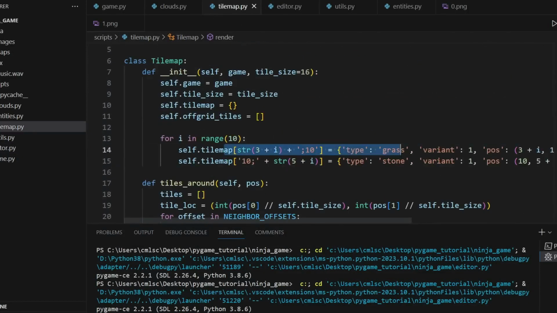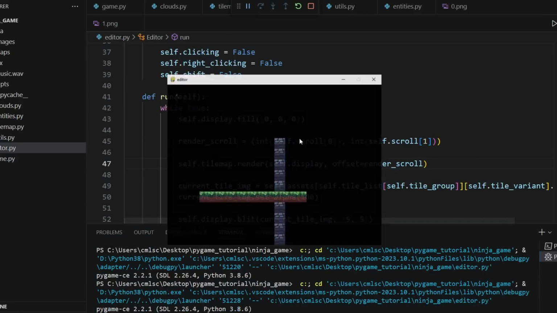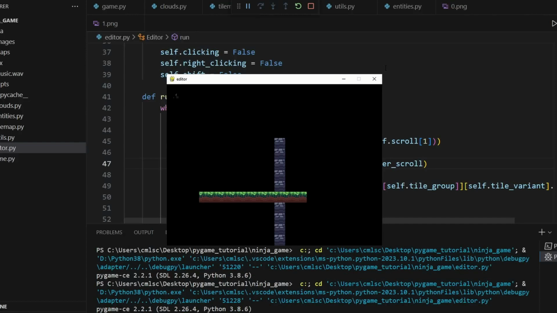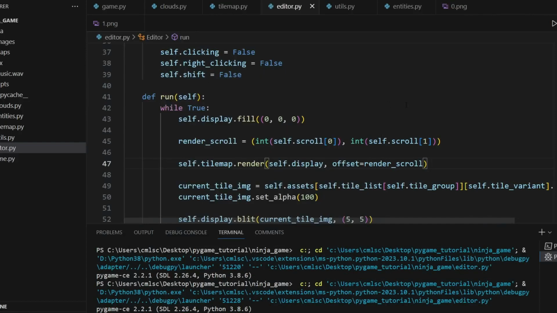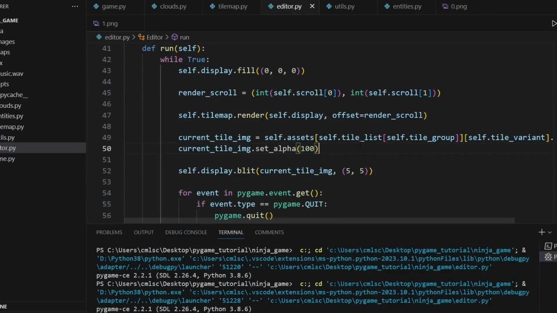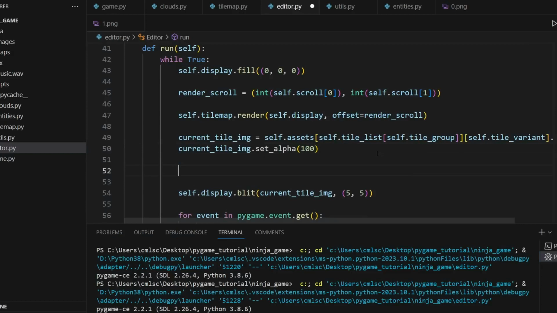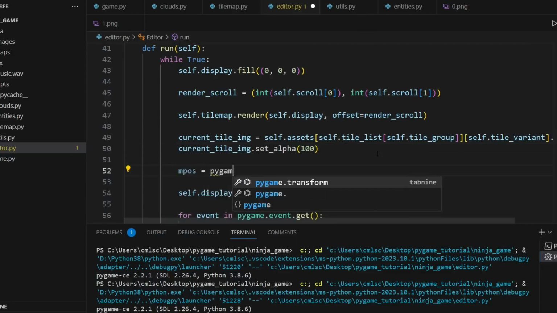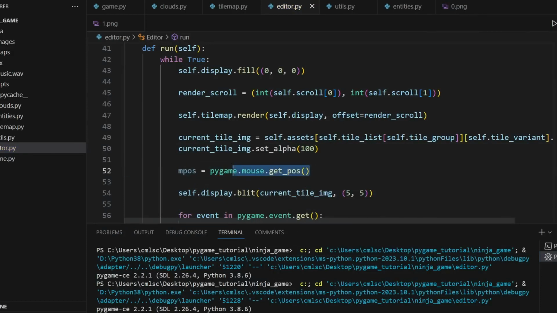We have this code right here that automatically populates our tile map, which is fine. So we can see that there is something there now. But we want to be able to place tiles. So to do that, let's go down to here, and let's say mouse position equals pygame.mouse.get_pos. So this is a new thing as well. This will give you the pixel coordinates of your mouse with respect to the window. So if your mouse is in the top left of the window, it'll give you 0, 0. So what you can do with this is you can use this to figure out where your tiles should go